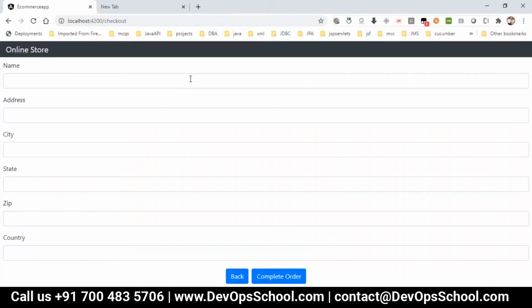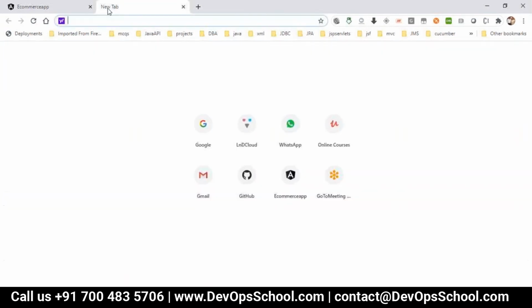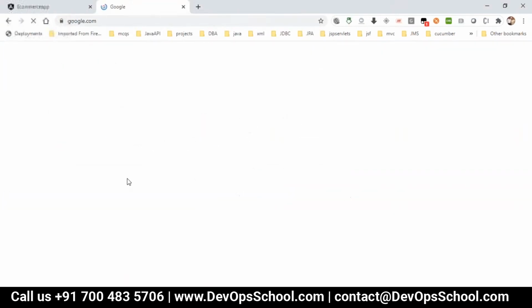There is one website which is called StackBlitz, where there are already applications available.